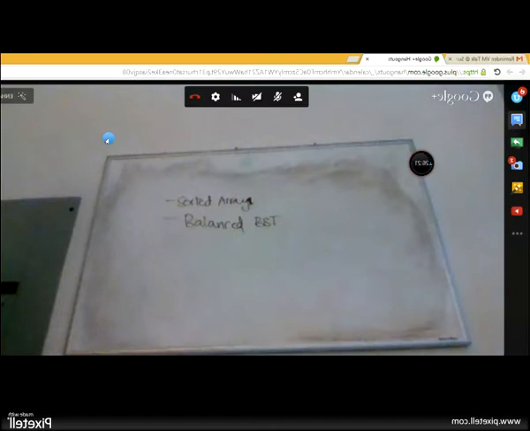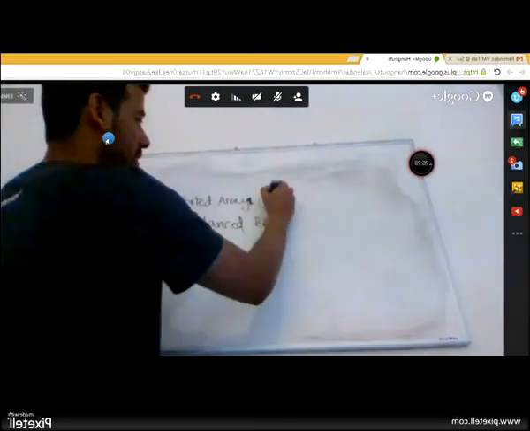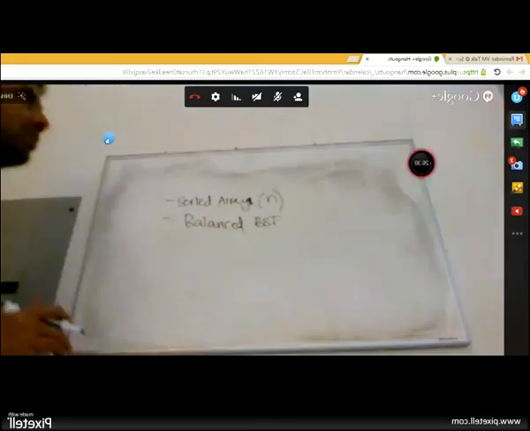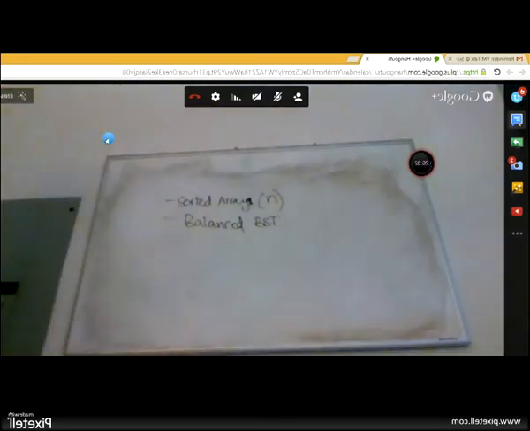Log n. How is it log n? So your n is in terms of the number of elements in an array. Why would it be log n? N is the number of elements in an array, which is basically the number of elements in a binary search tree.